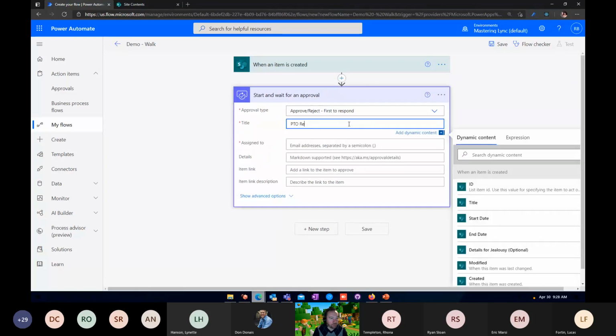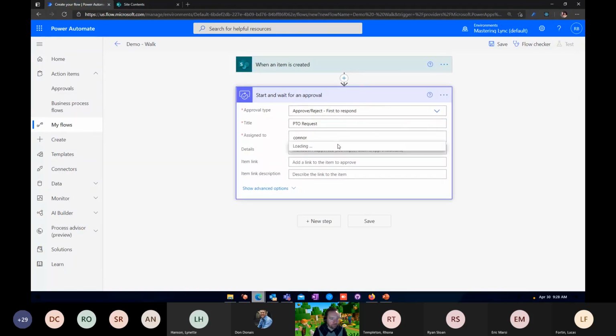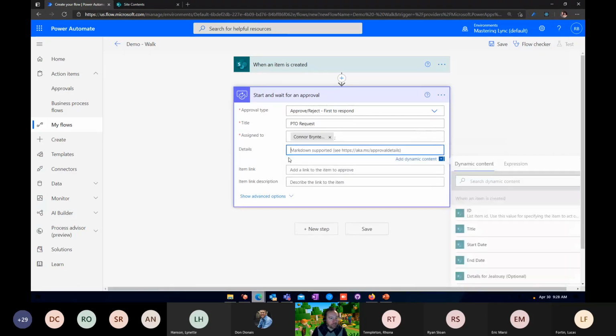So we're going to call this PTO request. We can enter who it's assigned to. And then in the details, we can add our details. You'll notice it tells us that Markdown is supported, which allows us to use Markdown. If you're not familiar with it, it's just a syntax that you see in GitHub and a lot of developer places. So, there is a PTO request waiting